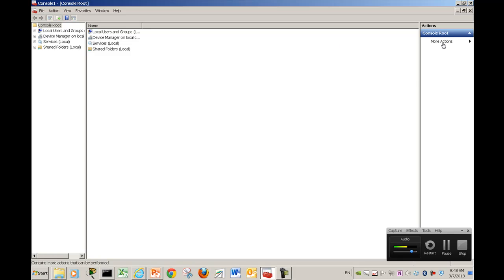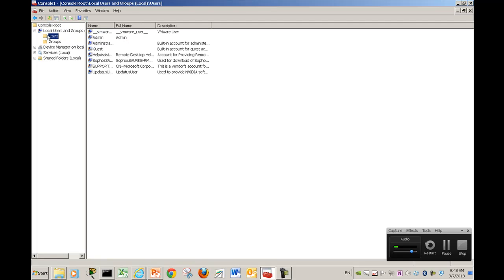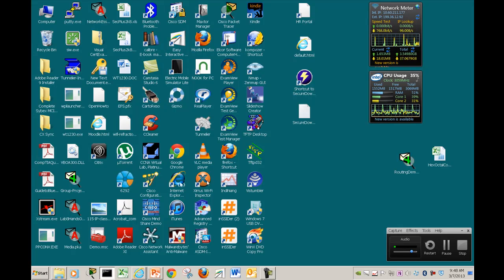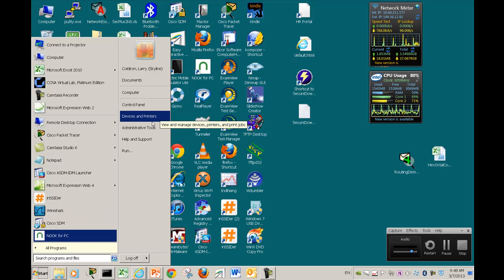When you do these, if you pick any of these, the more actions will be over here. What do you want to do? Generally, it's easier just to turn those off, and then when you want to do activities, those are there. They're going to have you do a number of different things. There are a number, and you can save these. I'm not going to save this one. If you go into